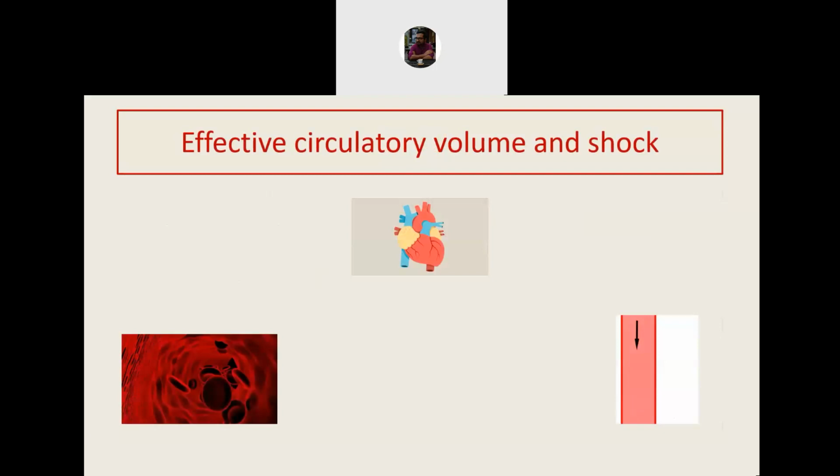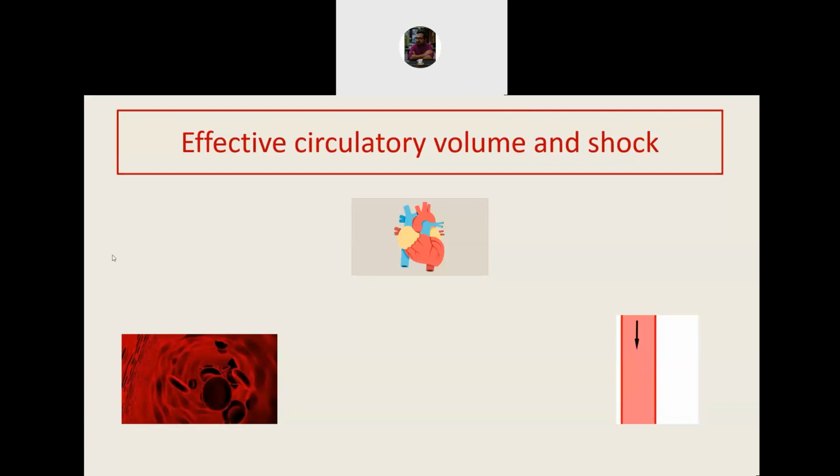We have to understand the concept of effective circulatory volume. This is a very important concept in understanding shock. So what is effective circulatory volume? Let us see. Effective circulatory volume is not a measurable quantity. It is a very abstract concept, but it's a very real concept without which the concept of shock cannot be